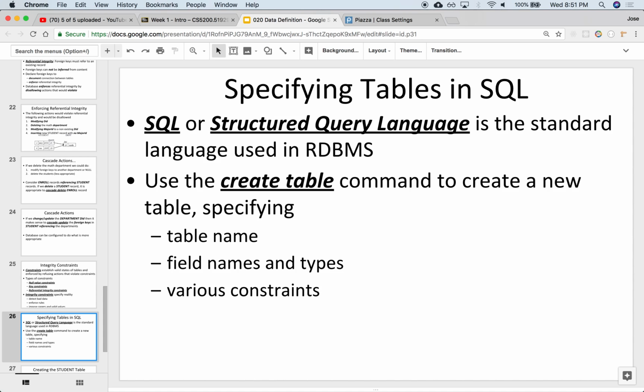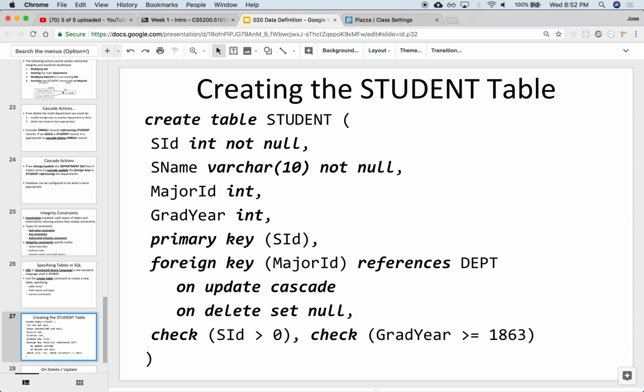All right, so to create these tables in SQL, we use the create table command. You type create table and then the name of the table that you want to create, and then the fields, the schema of that table. Right. So here's an example of creating the student table